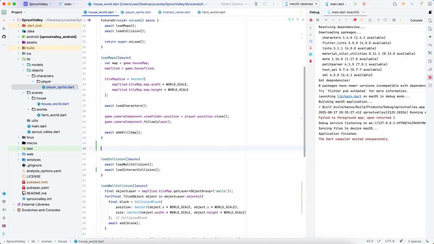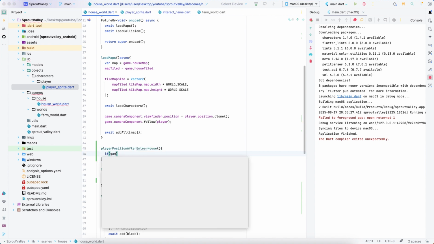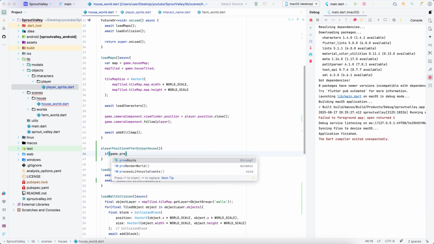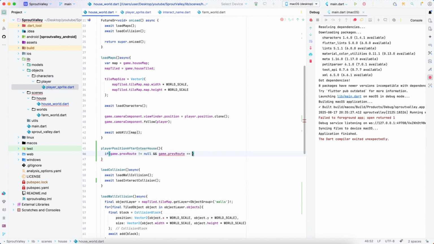Function is player position after enter house. So I'm gonna check if game ref float is not null,